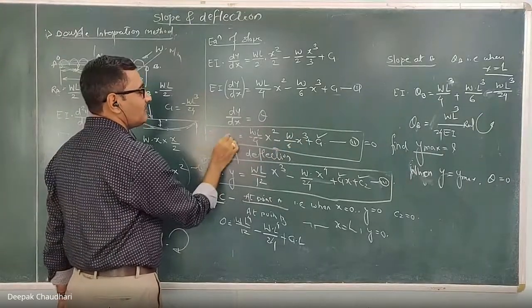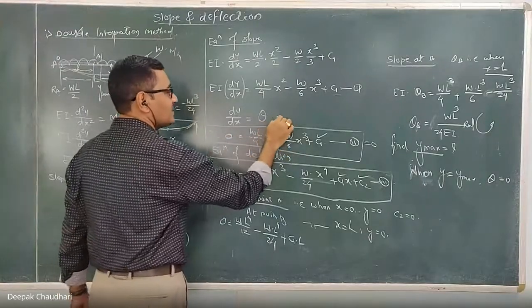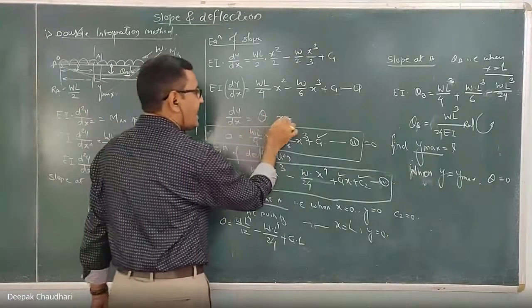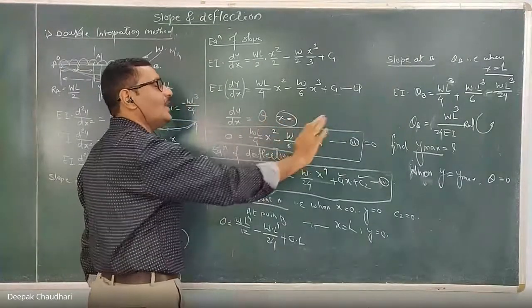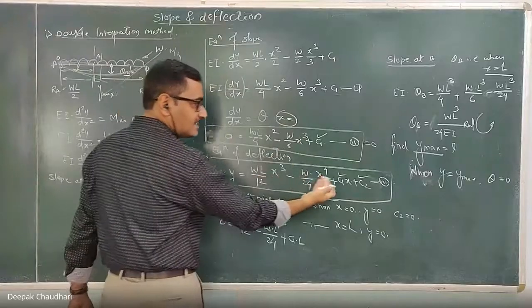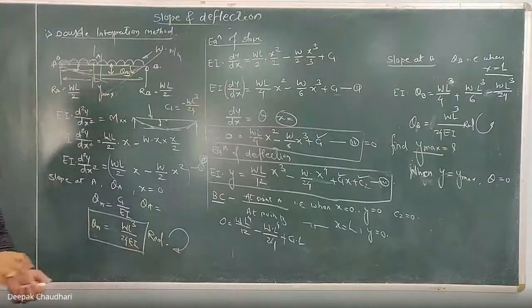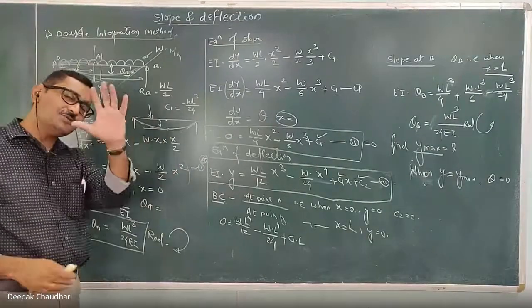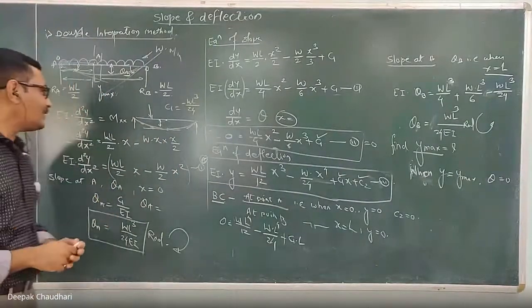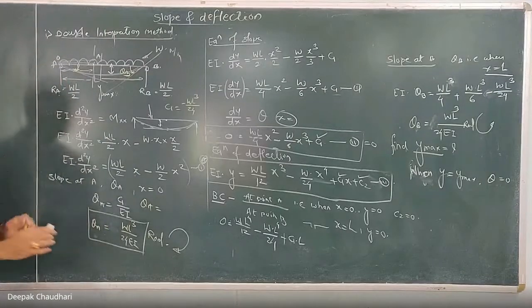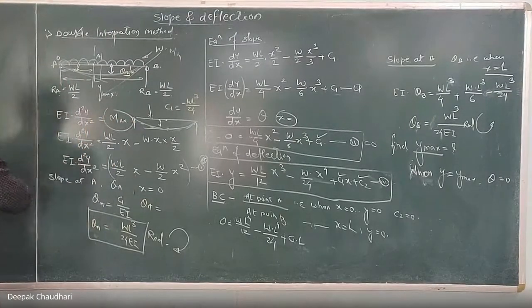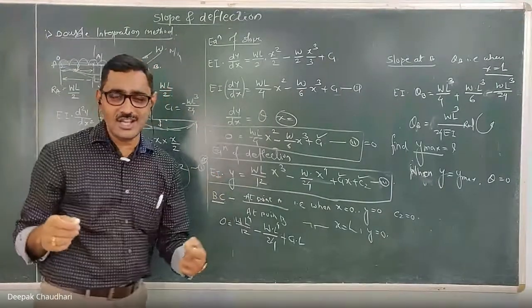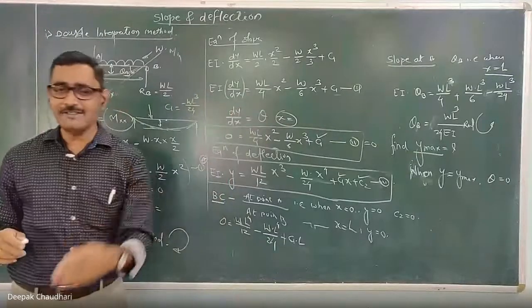So if you equate it with 0 and simplify this, you will get x. Directly use the solve function. You will get this x, and this is the position where the theta is 0 and y is y max. If you substitute this value of x in this equation, here y becomes y max. In this way, you will get the maximum deflection. Same concept you have to use in Macaulay's method also. Only in Macaulay's method, the procedure to write this general equation of the bending moment is different. Yeah, and there is a small change in integration that I will tell you later.